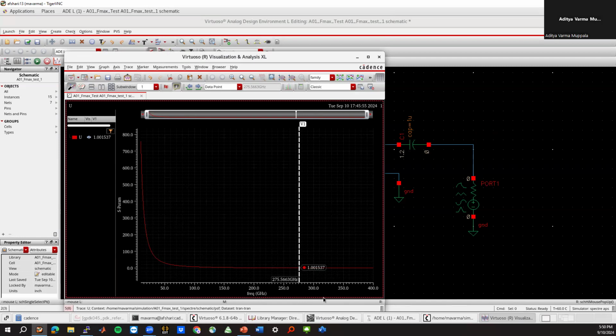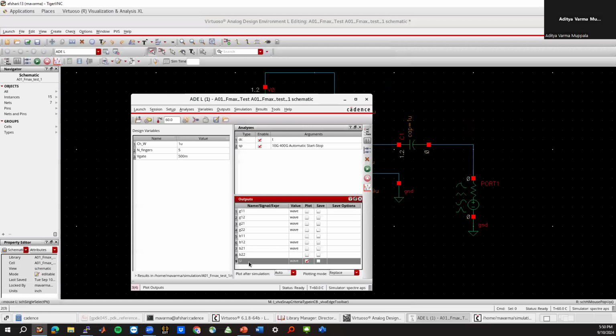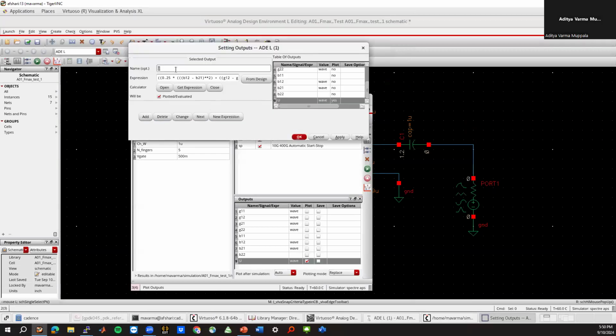So if you want to actually extract this parameter directly, what you can do is close this. We'll create a new expression called fmax. And there I put in this unity gain frequency of U, right? So this actually is a function. We'll discuss functions from the calculator later. But essentially, if you do this and I hit OK,